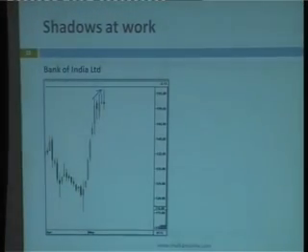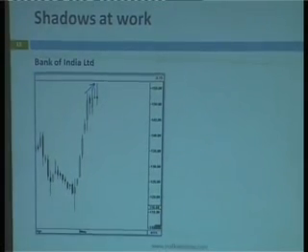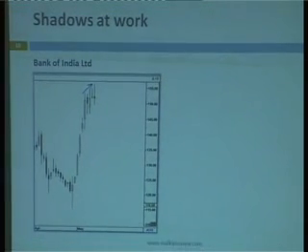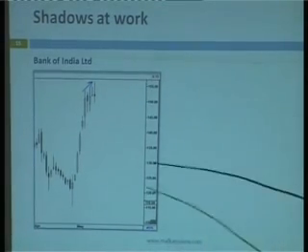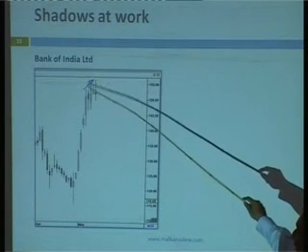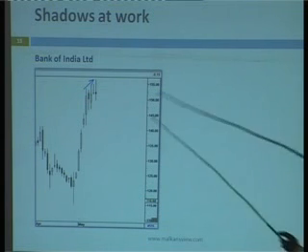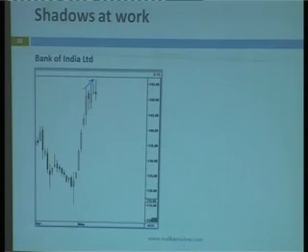Remember, this can be a 15-minute chart, a 5-minute chart, or a daily chart, it doesn't matter. Okay, so we assume that this is a 15-minute chart. So we have a strong rally, and then you have 1 shadow, 2, 3 and 4. Signs of exhaustion, signs of concern, signs of the trend getting over. So what I do is, I break the low of this shadow, which is a huge one, I short,